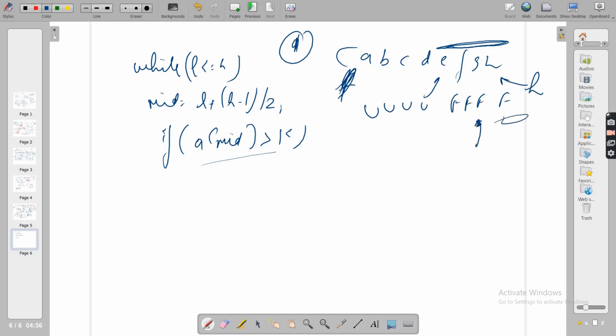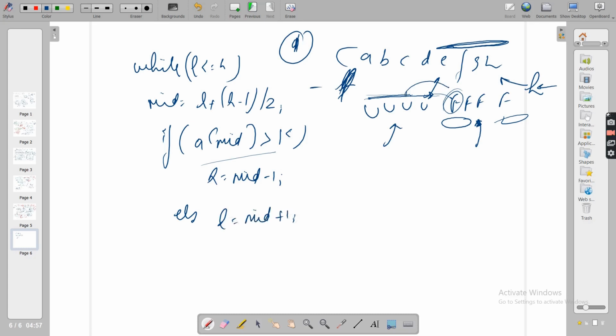No, you cannot, because you want to find the first favorable, so you have to go to the left. How would you go to the left? You have to push H to the left: H is equal to mid minus 1. And obviously if you landed on an unfavorable, you have to push your L towards the right, because the first favorable you are looking for is to the right of it. So L is equal to mid plus 1.